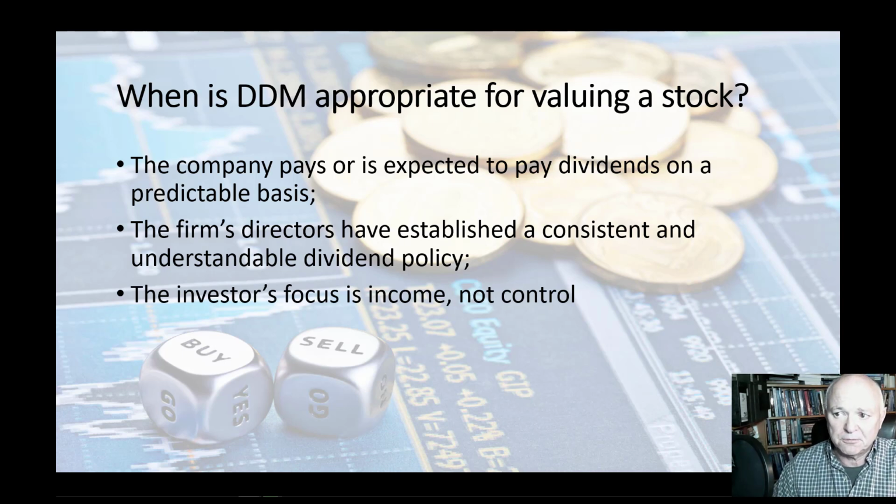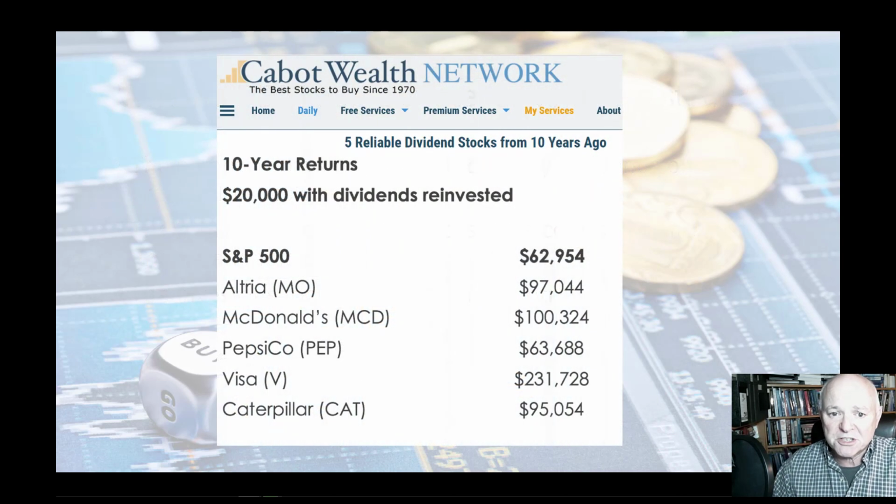It's not about control. We do see that there is a regular dialogue, especially in the internet, about firms that regularly provide high levels of dividends. Some of the best known high dividend stocks are ones like McDonald's, PepsiCo, and Visa. And in this particular article that I just happened to notice on the internet, and I could probably find 100 other variations like this,